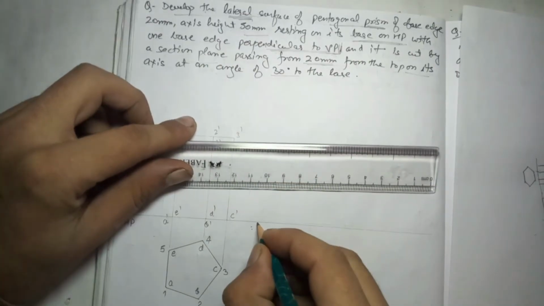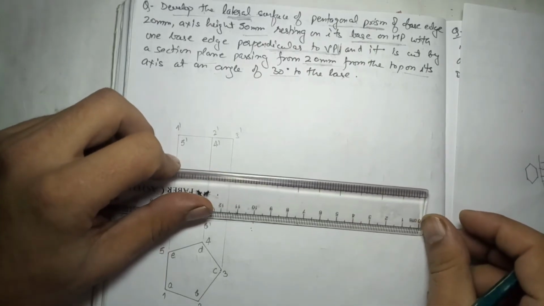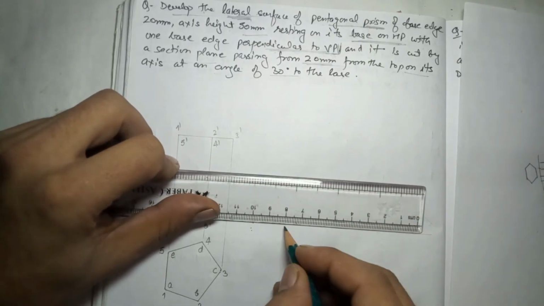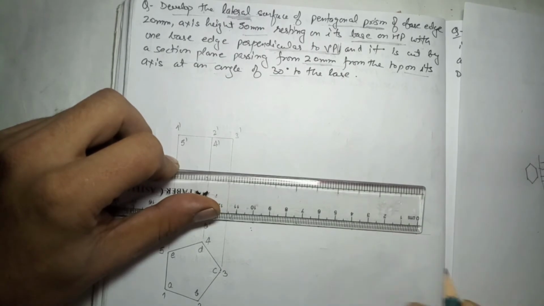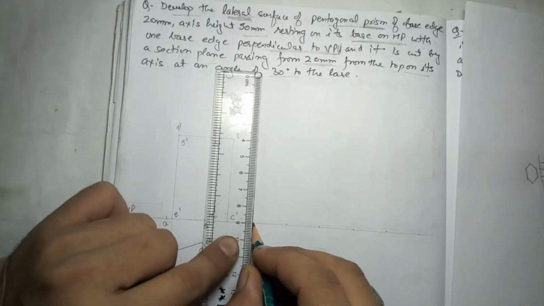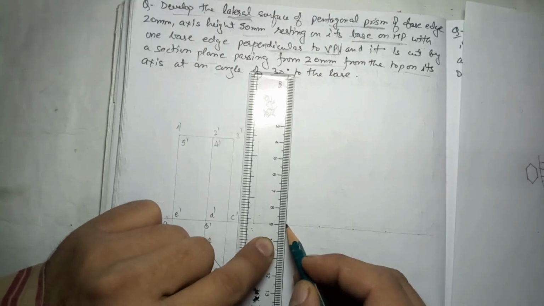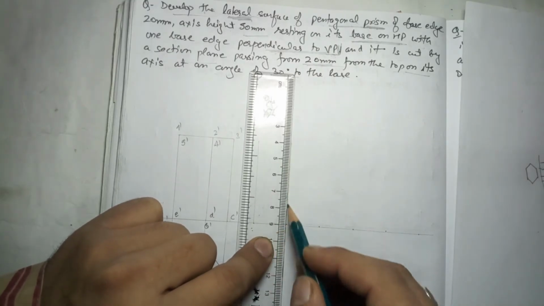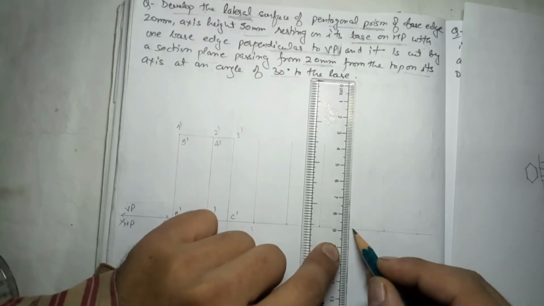So take any gap here for development. It is giving this is 20, right? So 5 times 20, 5 faces are there, so it will have 20 face 5 times, like this. Again I'm taking light because later on we will see which part will be dark. So height is given. I have taken the height from every point because these are the face edges. When you cut and unfold a prism, it will have the face edges.